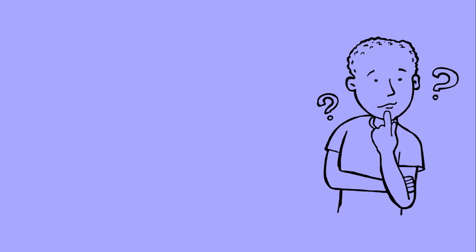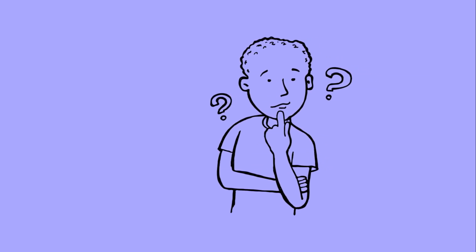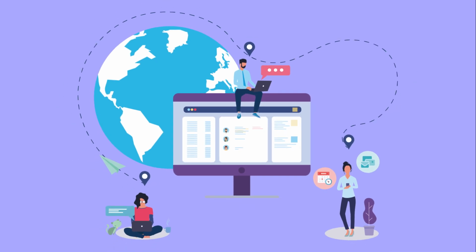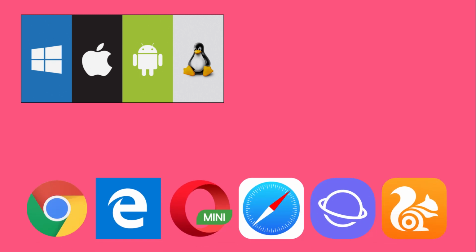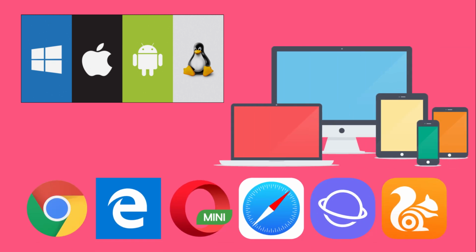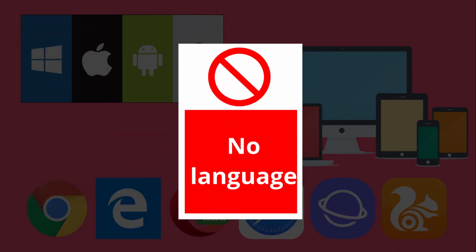Ever wonder why there are so many programming languages, so many platforms, and so many things to learn as a developer? That's basically because a successful application is the one that works anywhere and everywhere. But when we speak about anywhere and everywhere, that means it should work on all operating systems, all browsers, and all the devices, which includes handheld or stationed ones. And there is hardly any language or architecture that can serve this purpose.